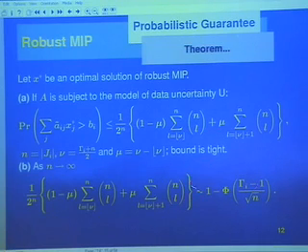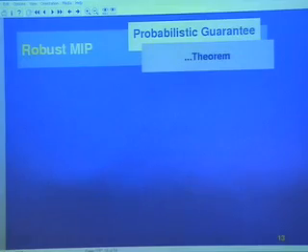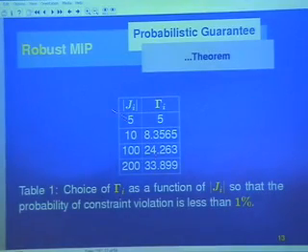And this is an exact bound, this is an asymptotic bound, but really, typically it is quite an accurate bound. So to give you an example of the average here, suppose you have so many uncertain coefficients. And suppose you are interested to pick the gamma so that the probability of the violation of this constraint is less than 1%. So you realize, well, if you only have 5 uncertain variables, there's not too much averaging going on, you better be fully robust. But as you increase the number of uncertain coefficients, you can get away with a relatively small number, the protection level is small. And why is this important?